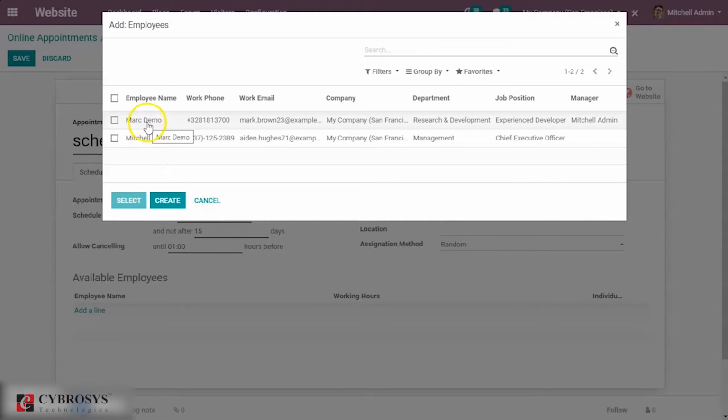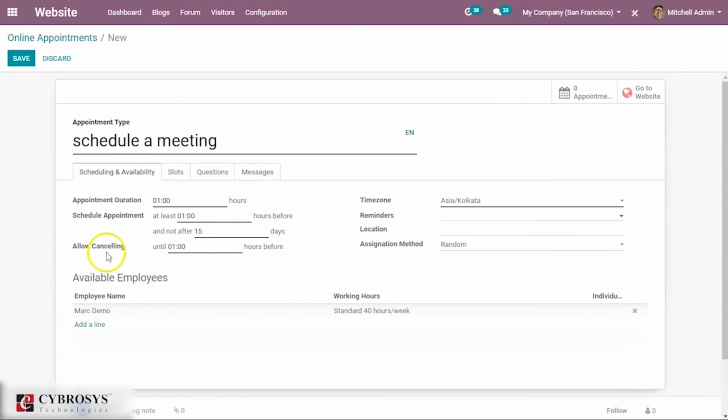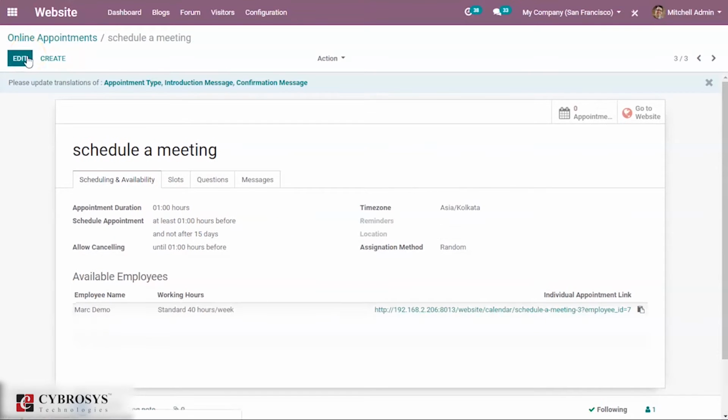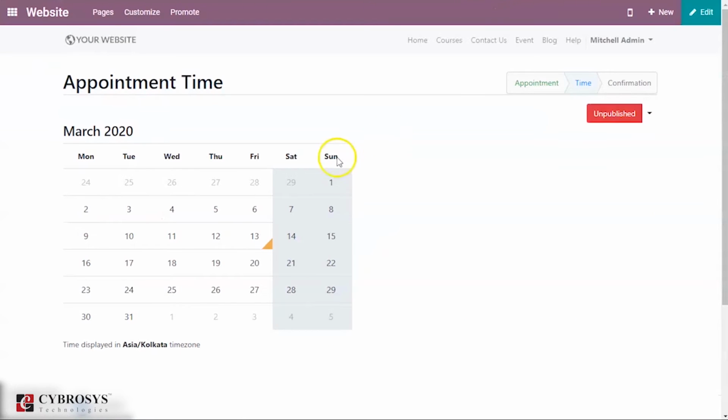You can select any one of the employees, mention his working hours, and also provide the appointment link or the appointment date for this available employee, and then you can save this. When you go to your website, you can see the appointment type and it is in the unpublished state. So you can make this published, so it would be available on your website.